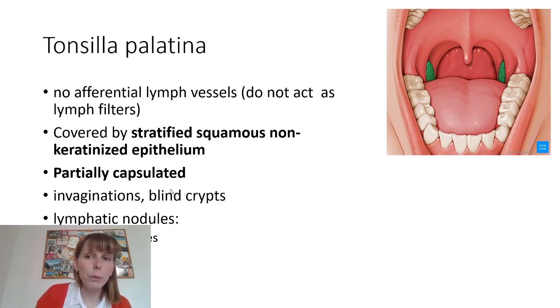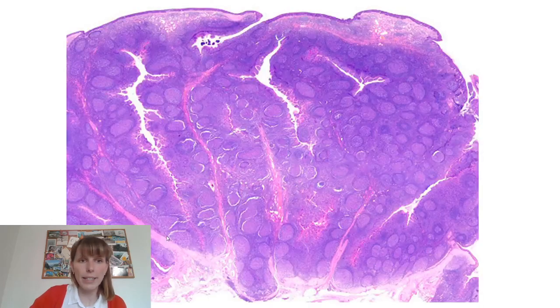And you probably know that there are these holes that are going into these tonsils. So these are called crypts. They are blind, meaning they don't go anywhere. They are just invaginations going inside the tonsil. And of course, this is the place where the immune reaction is taking place. So we will see lymphatic follicles with B lymphocytes. So this would be a nice example of